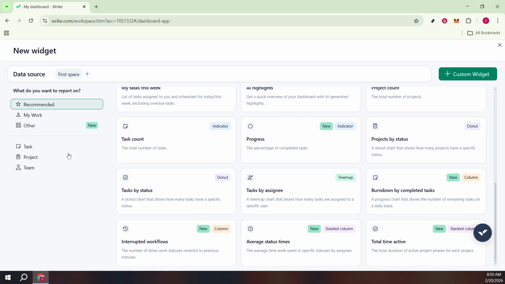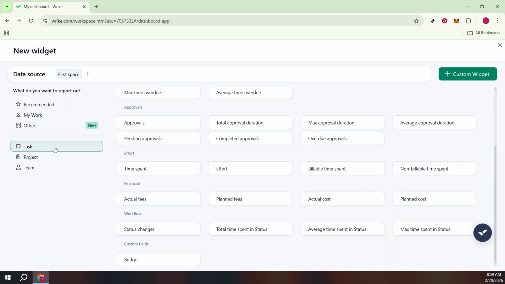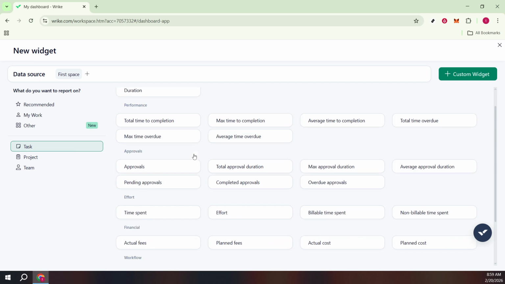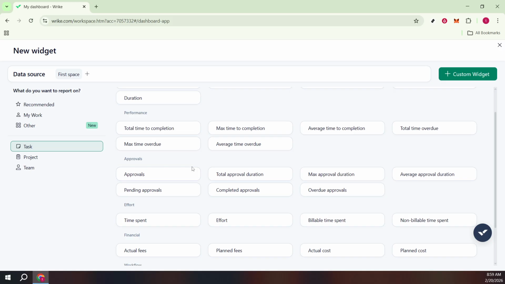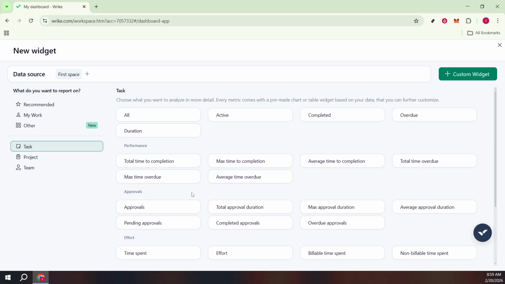Use this when you want a list style view filtered by status, assignee, date, or priority. Perfect for keeping an eye on what's in progress or at risk. You can also browse categories like performance for higher level visibility into how work is moving through your pipeline, including throughput and bottlenecks. When your process involves creative sign-offs, approvals is the place to highlight items waiting for review so